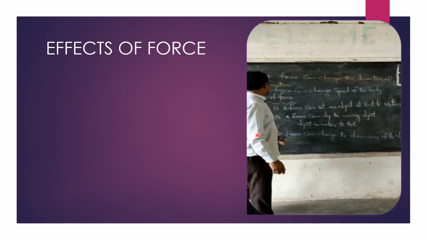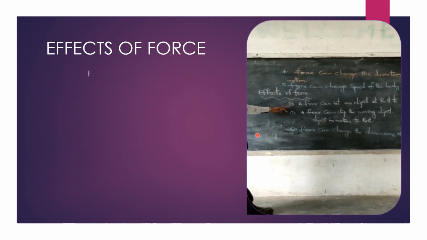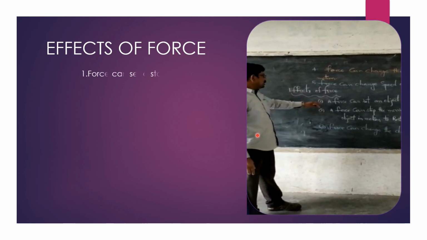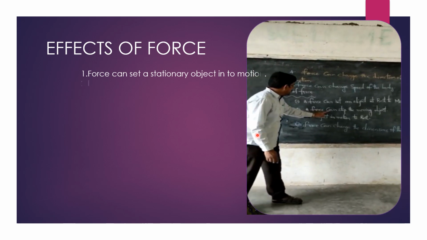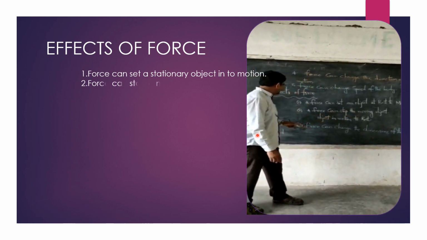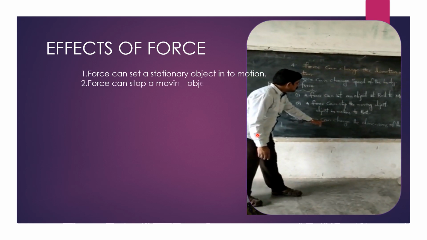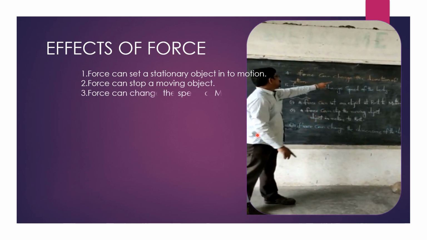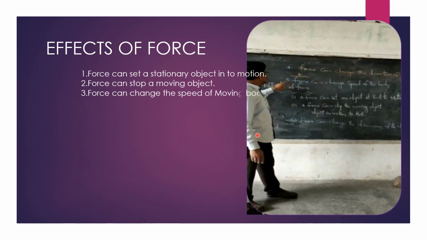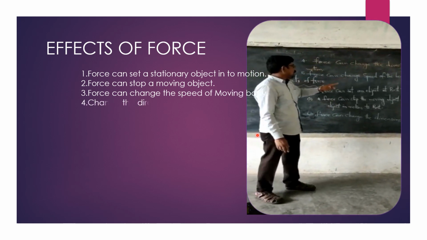So these are the five effects of force. What is the first one? Force can set an object at rest to motion. Second one, a force can stop the moving object. Next, the third one, force can change the dimensions of the object. Fourth one, force can change the direction of the motion. The fifth one is force can change the speed of the